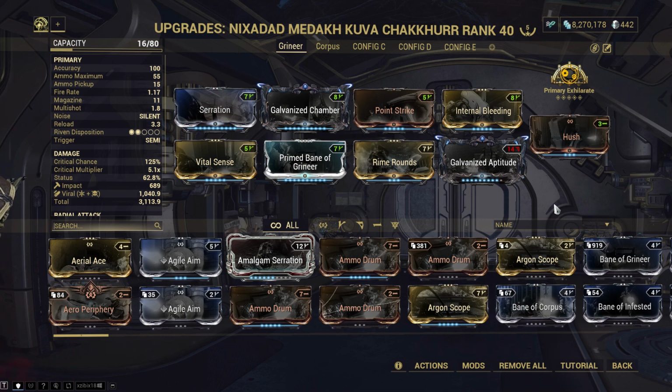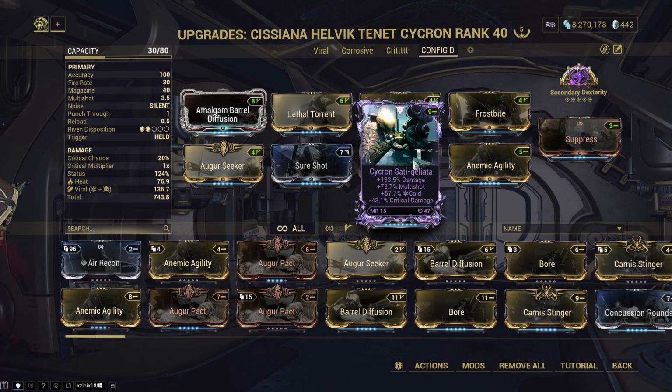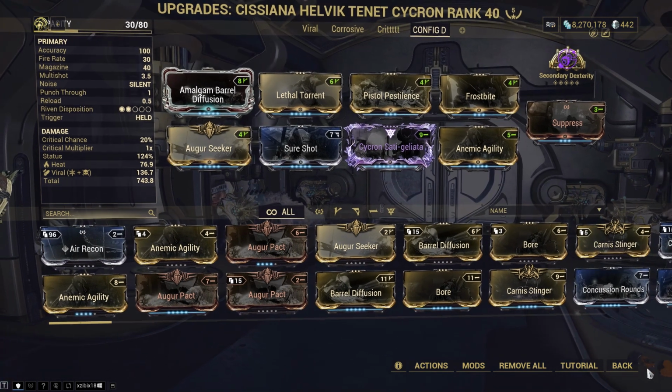And the Tenet Cycron is the primer. I only need Viral, nothing else. I used the Kuva Nukor the first time. That was a mistake. The Kuva Nukor was proccing radiation. Enemies were attacking themselves. Enemies attacking themselves is terrible because of splash damage, splash collateral, or whatever you want to call it,